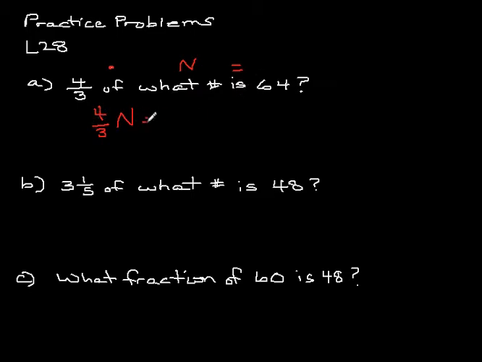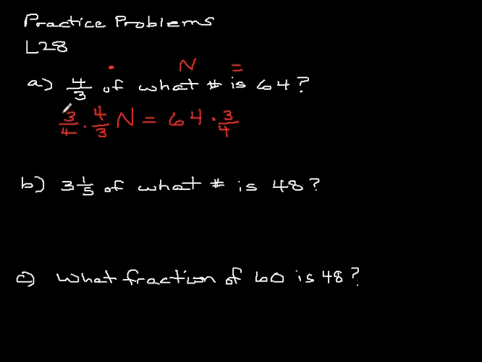And now we have to use our algebra to get n by itself. n is multiplied by 4/3. So to disconnect it, we're going to multiply both sides by the reciprocal to get n by itself, which is the same thing as dividing by 3/4. Remember, dividing by a fraction is the same as multiplying by its reciprocal. So we cross these out like this, and we get n equals